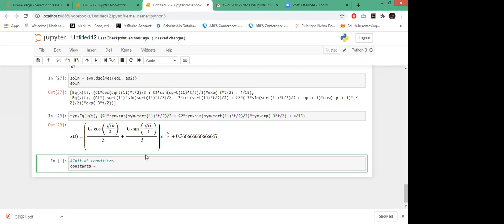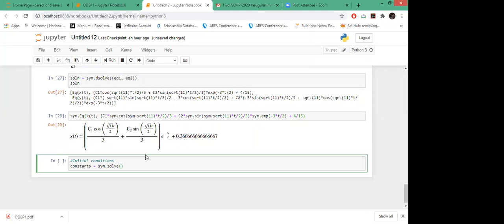We will find out the constants, so I'm just making them variables. I am using the command sympy.solve. What it will solve, I want to find out C1 and C2. For that I will pass the equation and substitute the function corresponding to t. For the initial condition our t will be 0, and for this system we have x of 0 equals 5 and y of 0 equals 10.